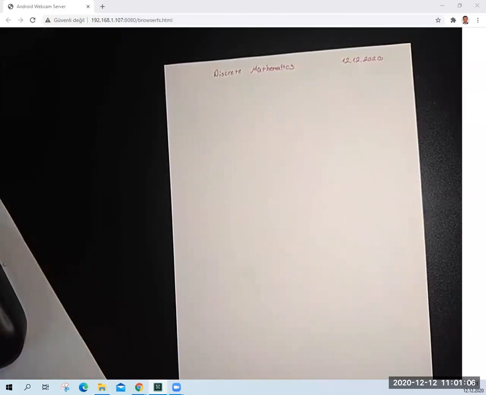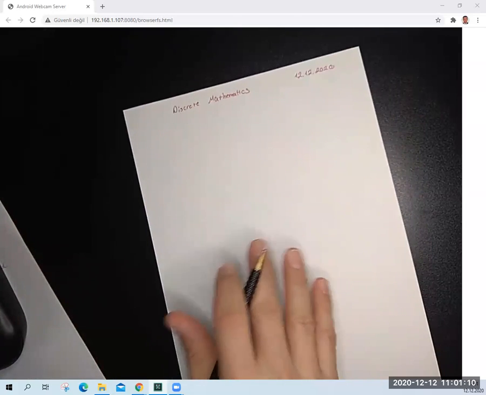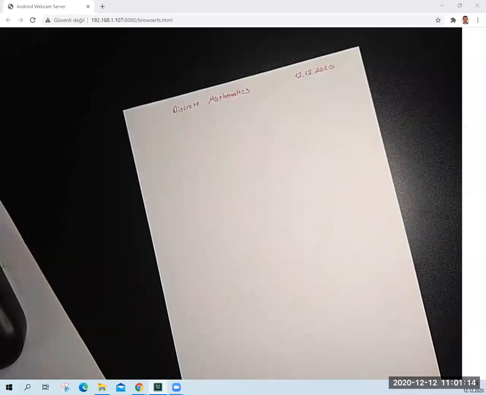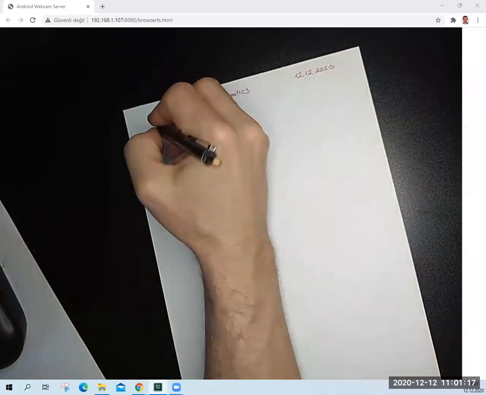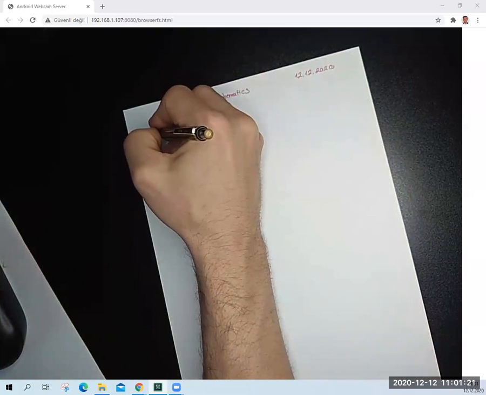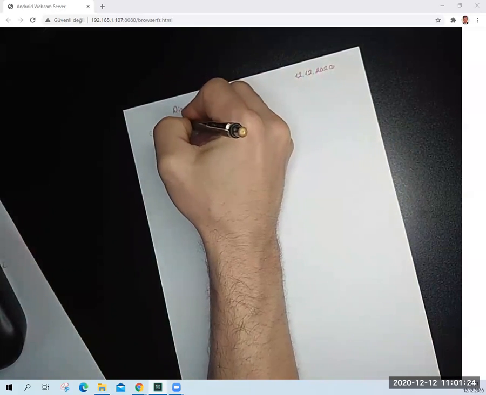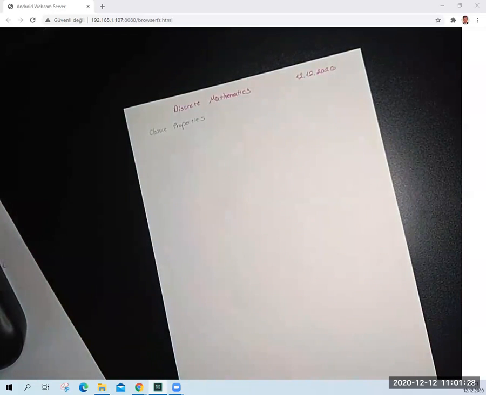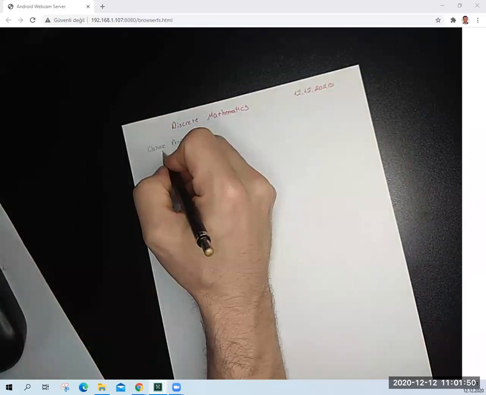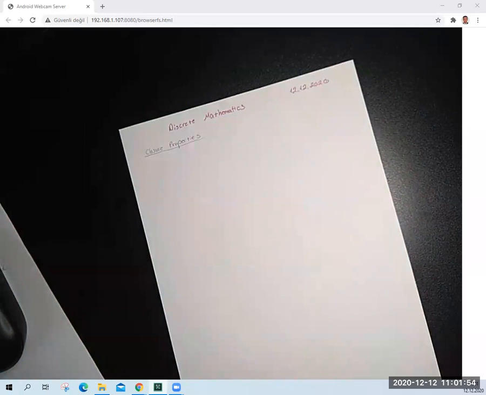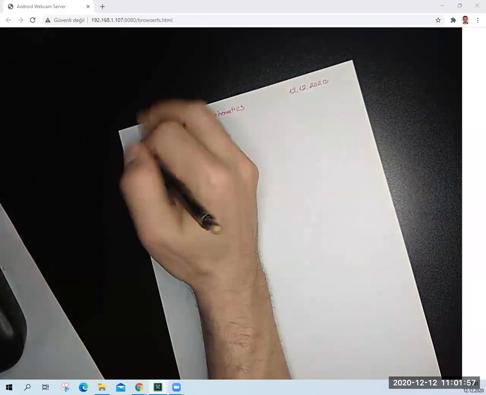Okay, from the relation chapter, we will write closure properties. For closure properties, let's say we have a set A